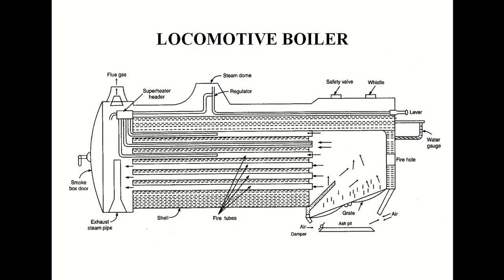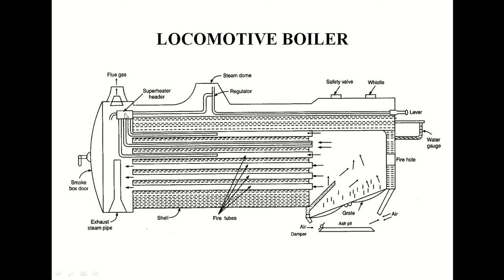So this is again a fire tube boiler. If you see here, this is again a horizontal type of boiler. The furnace where the grate is mounted, and over the grate the coal or the solid fuel will be burned, and the flue gas is generated. These pass through the tubes. Surrounding the tubes, the drum contains the water. After that, the flue gases will be taken out and pass to the chimney.